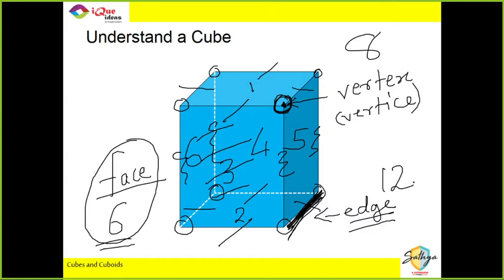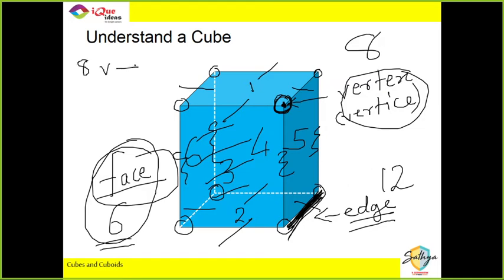So we have a total of 6 painted faces. Remember, we will connect the vertices with the faces. How? Originally, there are 8 vertices. If all the 8 vertices are on the same piece, on the same cube, that means all the 6 original faces are colored. Remember this fact.